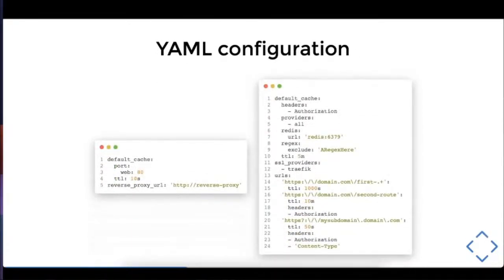So what are the cool features in Swan? The first one is the YAML configuration, which is simpler than the disgusting VCL, the Varnish configuration language. Here you just have to define a YAML and it works like a charm. So on the left you can find the minimal configuration and I'm missing something.